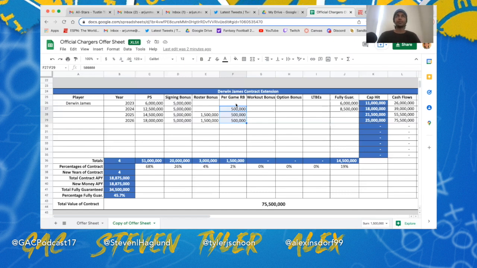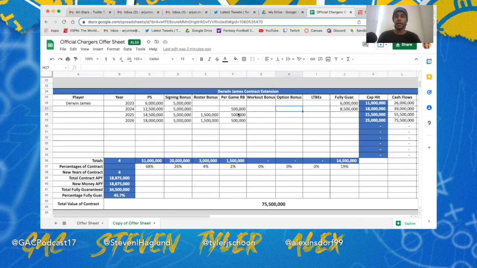The Chargers aren't usually super tricky with their contracts. They don't have all of these weird workout bonuses or option bonuses. They keep it simple with base salary, signing bonus, and roster bonus. But like I said, I think they do have some players where they give per game roster bonuses, or roster